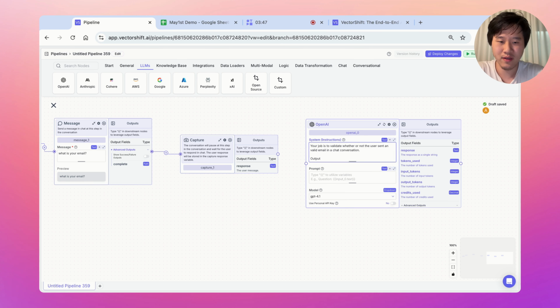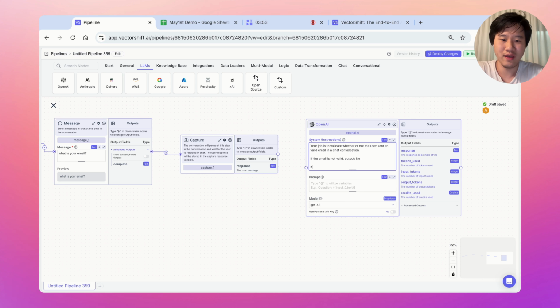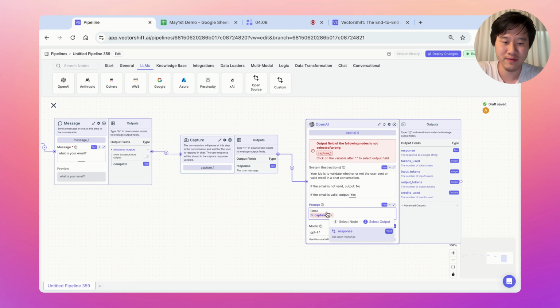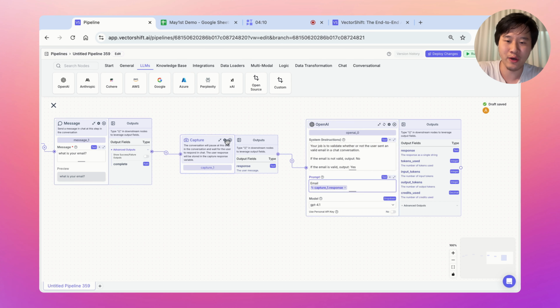Output, if the email is not valid, output no. If the email is valid, output yes. This allows us to build a condition node off of this output to route the pipeline accordingly. Let's connect capture 1 to this LLM node, which will pass the stored email under capture_1.response to